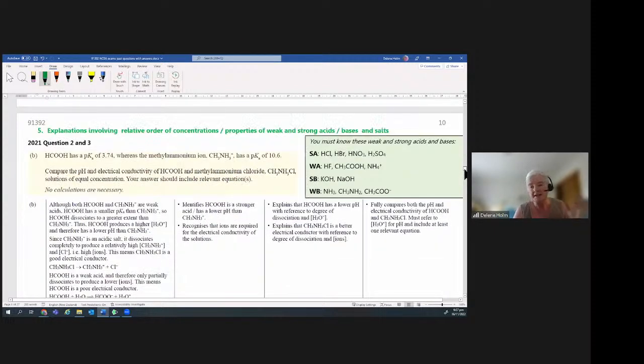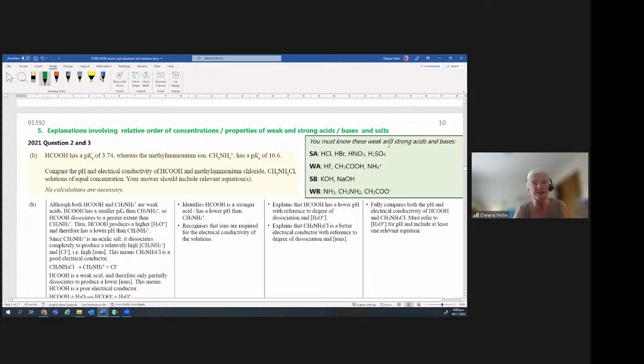The next section is really everything about strong and weak acids and bases and their salts, the properties of them, and the relative order of concentration. Often the calculations are linked to the titration, so these questions are a bit chopped and changed a little bit. The first thing you need to know, under the